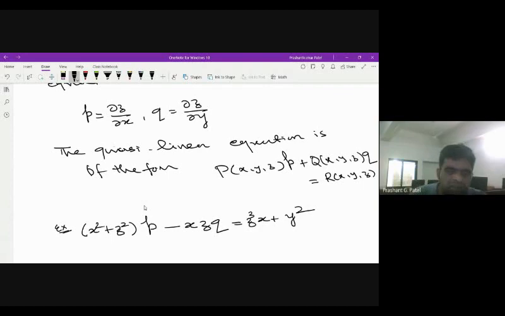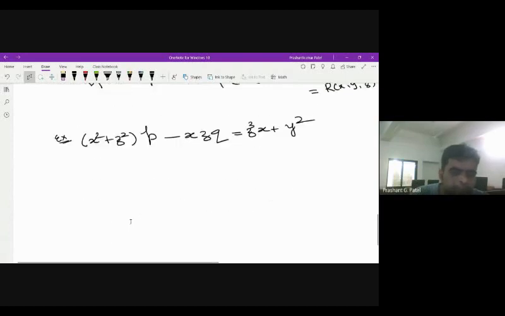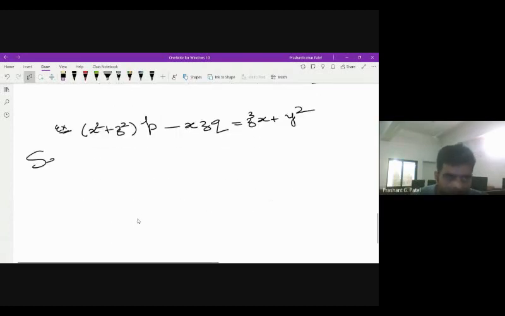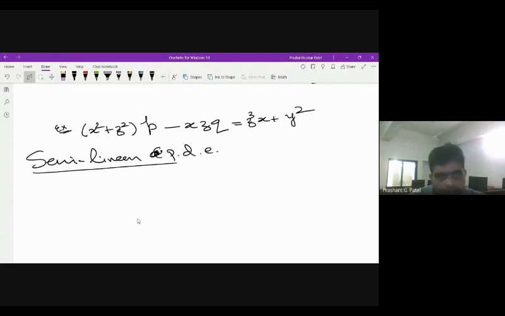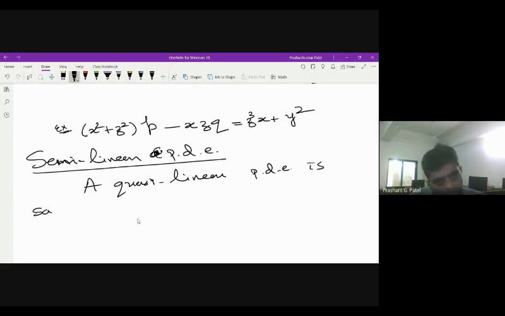The next definition is a semi-linear p.d.e. So what is the definition of a semi-linear p.d.e? A quasi-linear p.d.e is said to be semi-linear